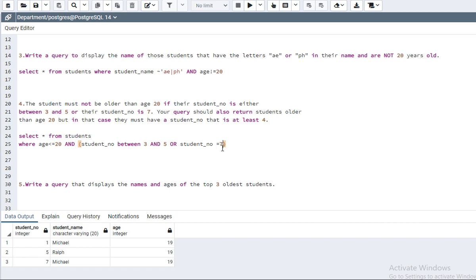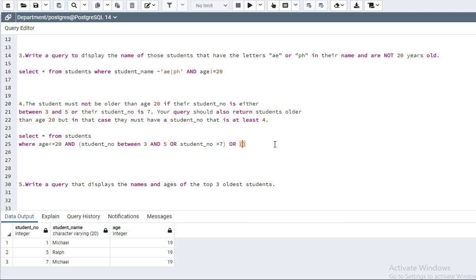My first condition is this, and the second is saying your query should also return students older than 20, but in that case they must have a student number that is at least 4. So either my query should return this or this one.